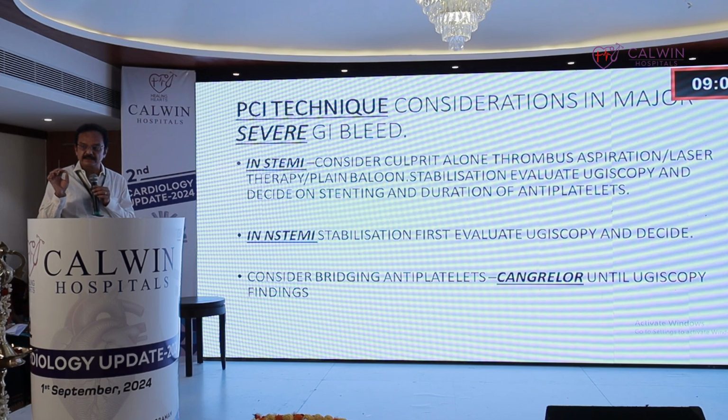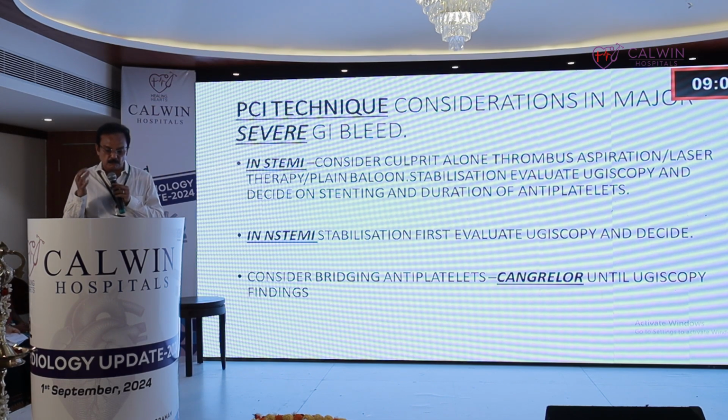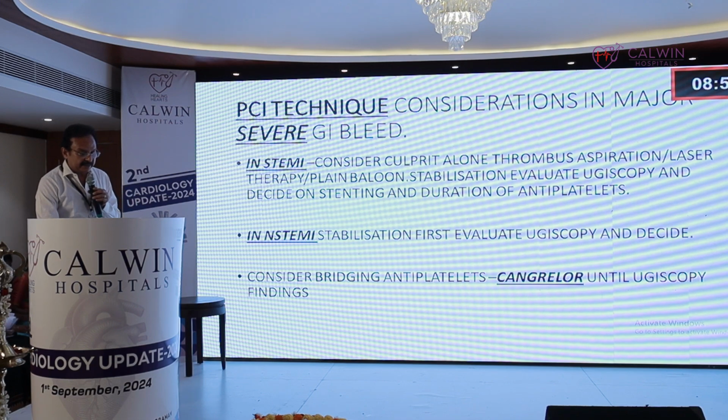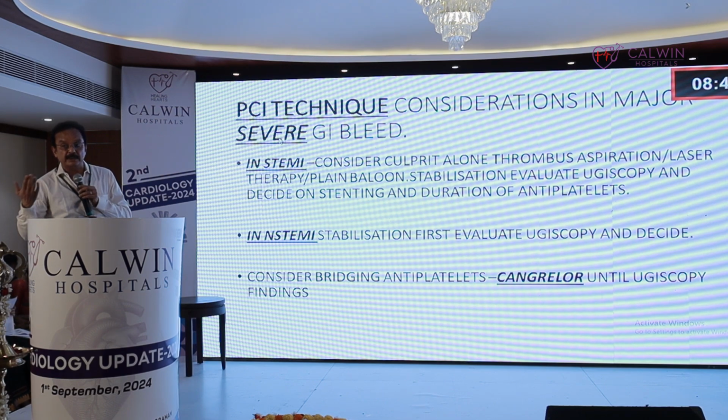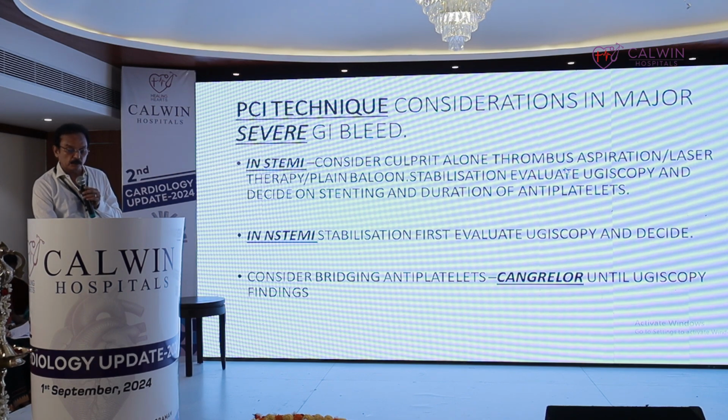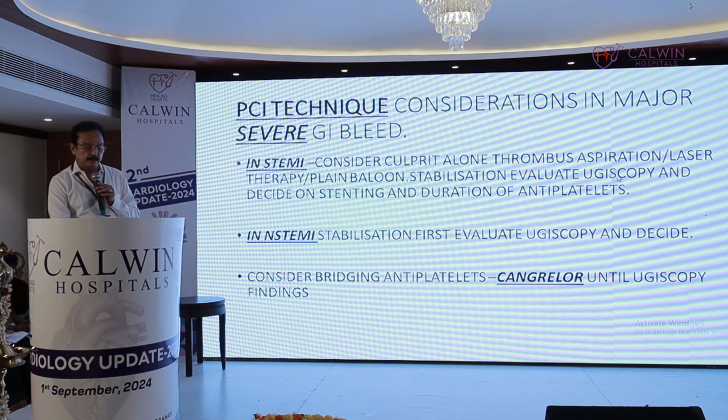And as a cardiologist, when I get a patient with GI bleed, what should I do? If it is a STEMI patient, that is ST elevation MI, and he is having an active severe bleed, in mild or moderate bleed you can still treat like your routine treatment. But only in severe GI bleed, you consider non-stenting techniques, like probably a thrombus aspiration. Today we can do laser therapy and just plain balloon plasty, stabilize the patient, and then you take him for